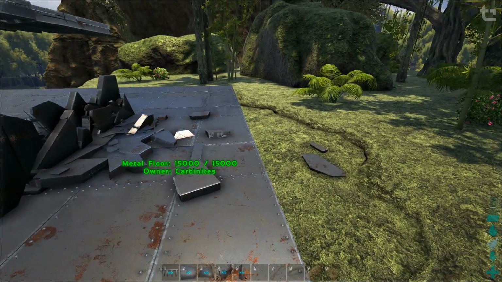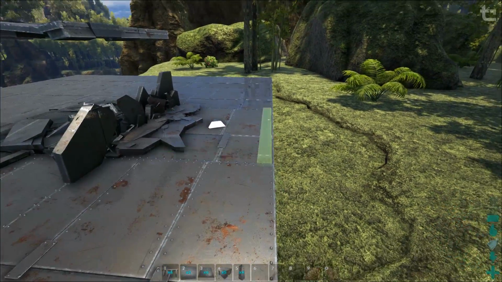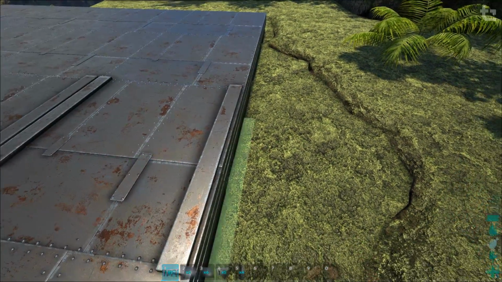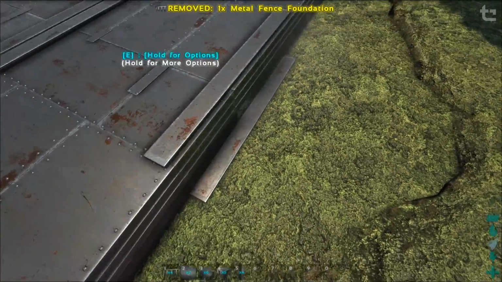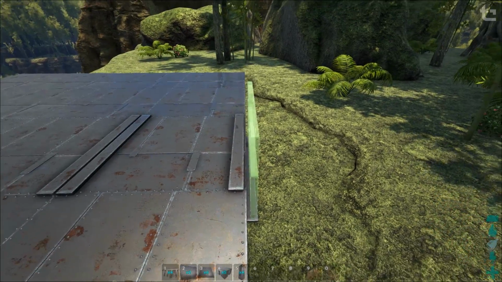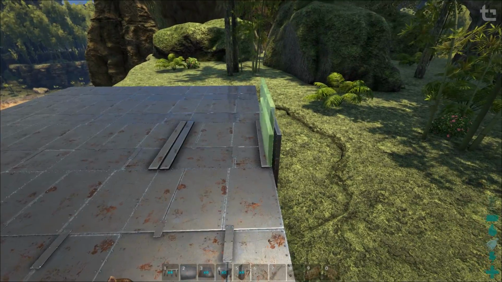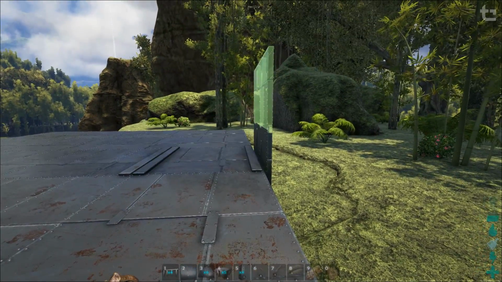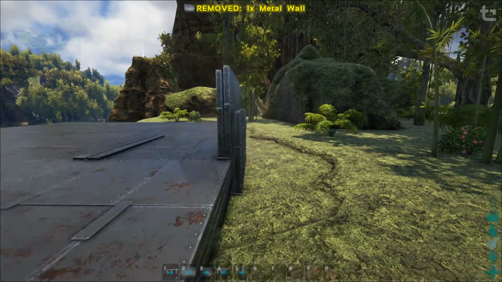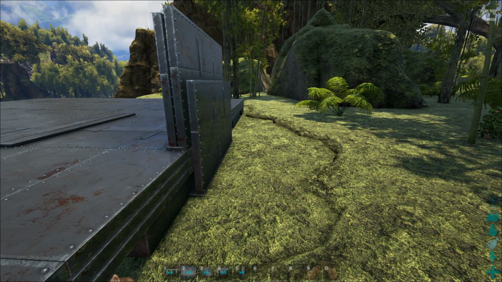Alright, so the next part is good for an outer wall. So what we're going to do is place a fence foundation on the edge there. And also we're going to place one right on the bottom there, just in front of the foundations. Grab our wall. Of course you're going to do that to me. Let's get down on the ground here. Okay, there we go. So that gives you 3,